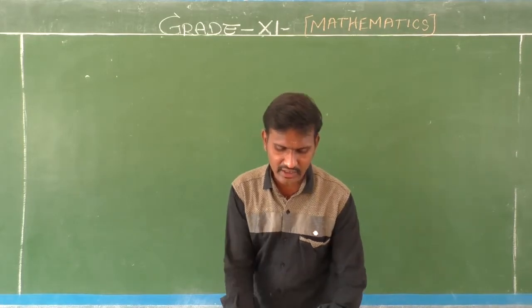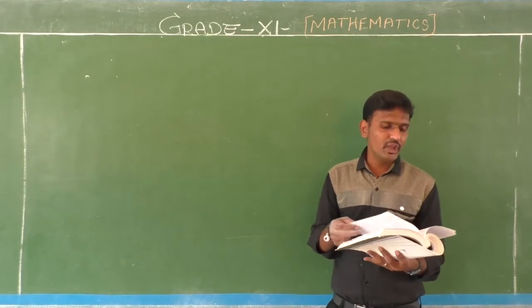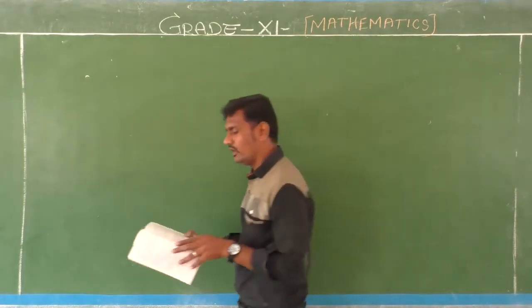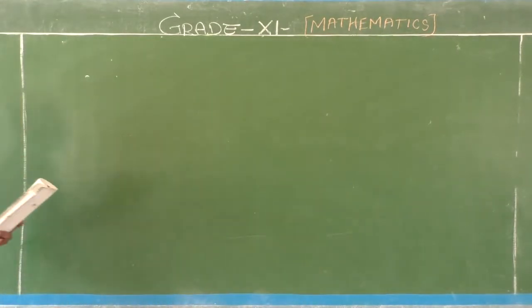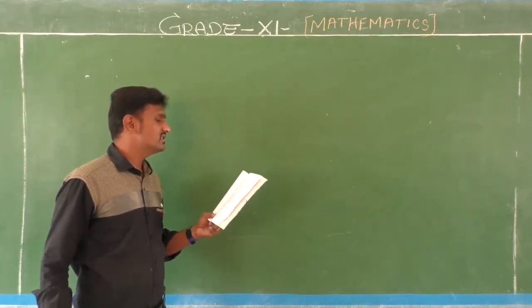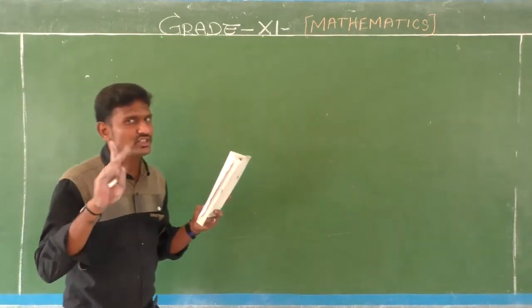So the next question, number 2 and question number 3, on both also you have the same pattern and it's a very simple question. Okay, so the question number 4 and 5. Before that, second question. We will go as per the line sequence. So first question we have completed now.